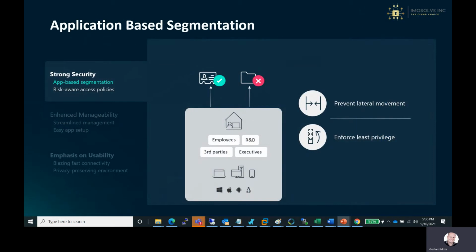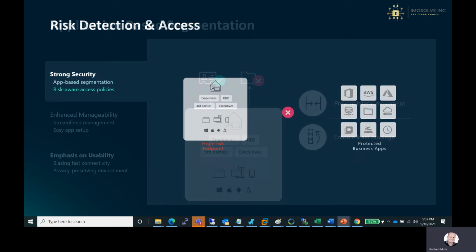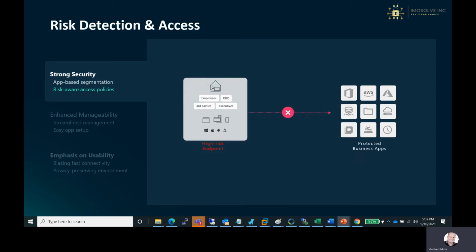Application-based segmentation allows applications to not communicate via IP addresses. Again, it does not matter if it's a local application or a cloud application. This effectively prevents lateral movement and enforces least privilege access. Zero Trust architecture is risk aware and performs certain checks and balances to determine the risk value of the client